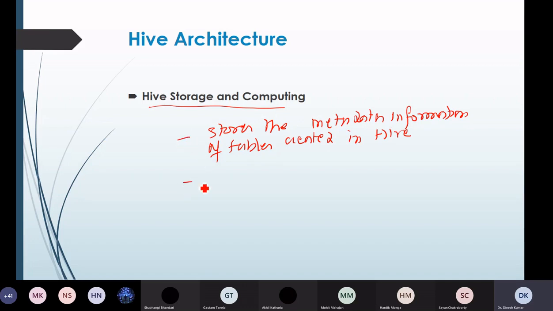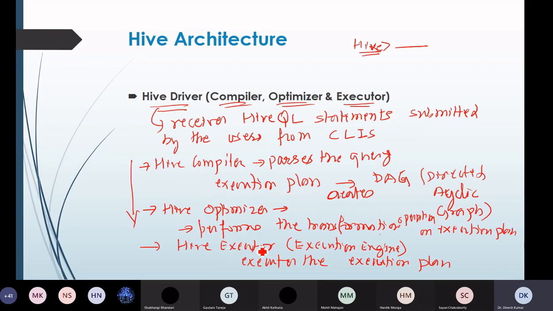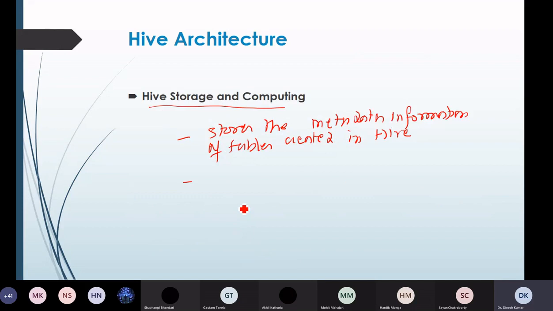Second, after this execution phase, if some query is there, whatever the execution results are and the data pertaining to that particular query, that again is stored in the table, and it is going to be stored in the Hadoop cluster on HDFS, right?